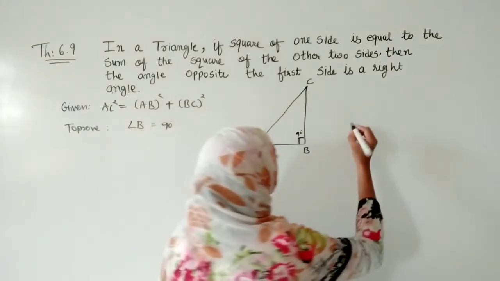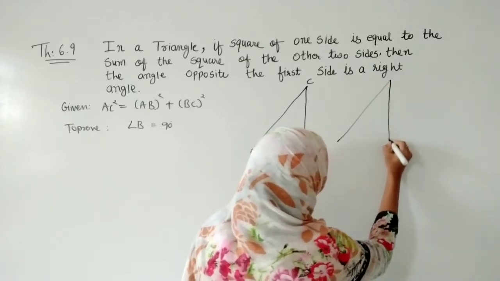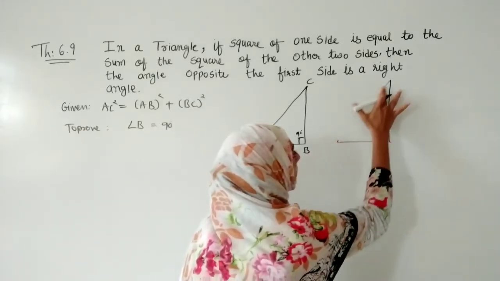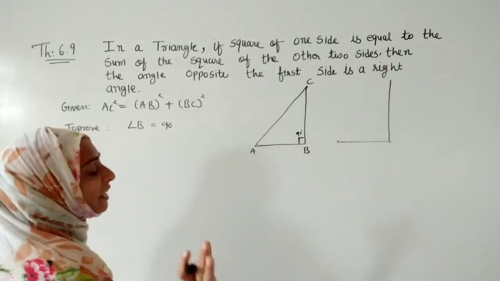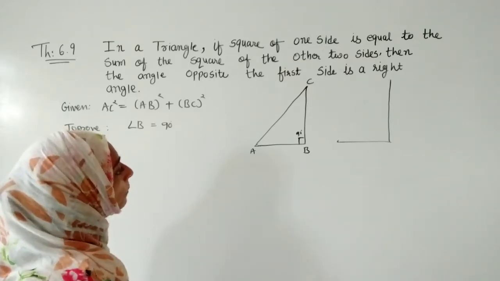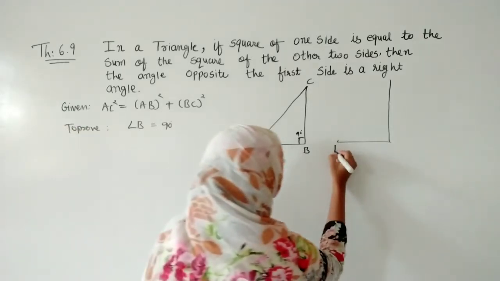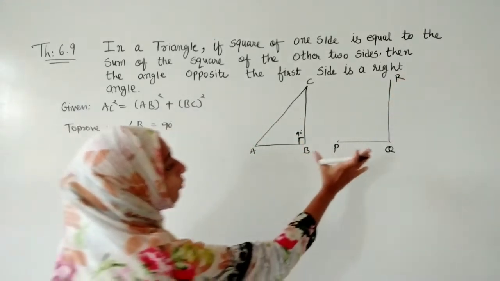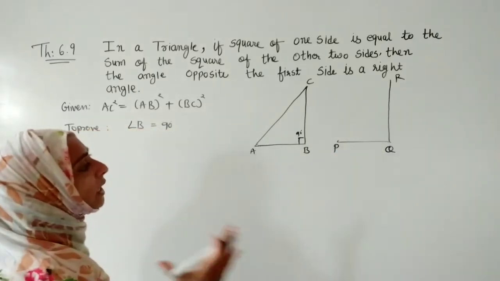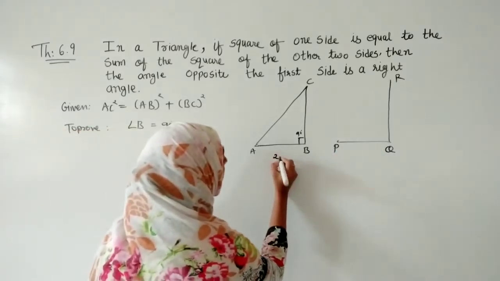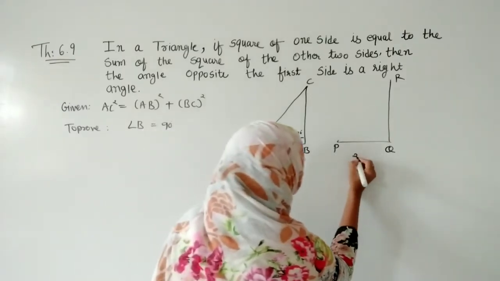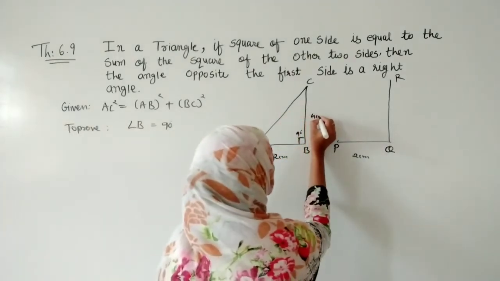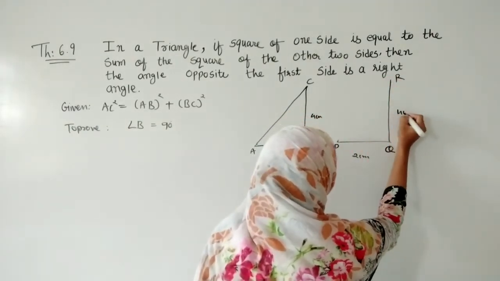Here we must take another triangle. We have to draw it by ourselves. One condition is that we do not draw this side first. That is the condition for this question. If we are taking AB, then we take triangle PQR, and we have to construct it ourselves. Suppose we have taken this as 2 centimeters, then it must be exactly 2 centimeters. And if we are taking this as 4 centimeters, we must draw it as 4 centimeters.